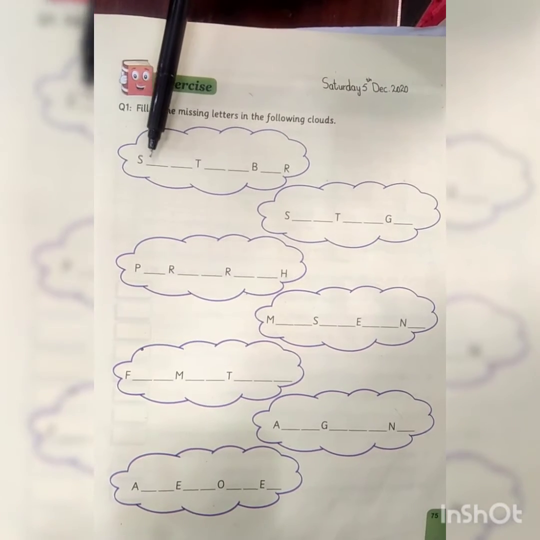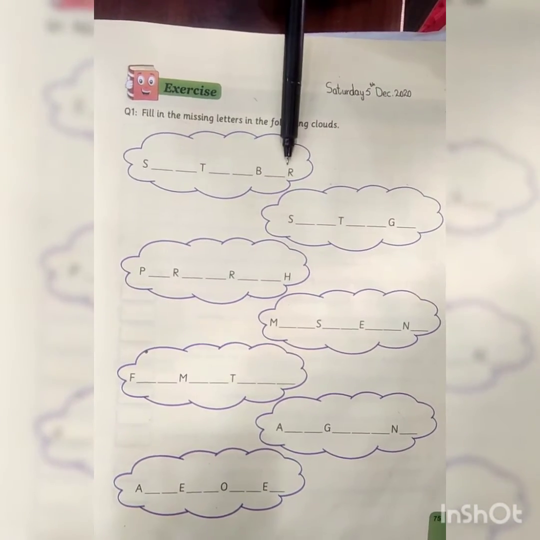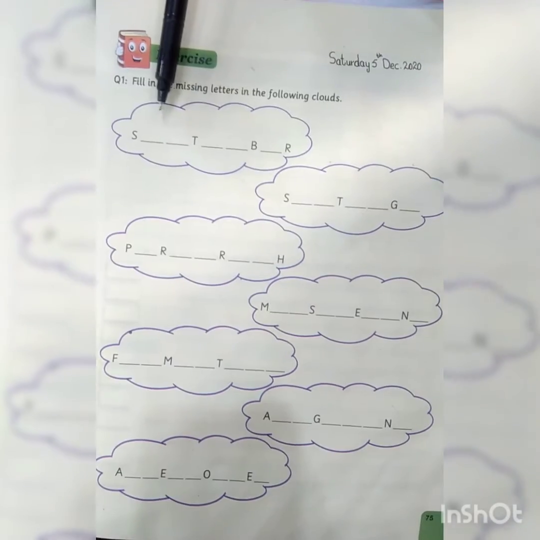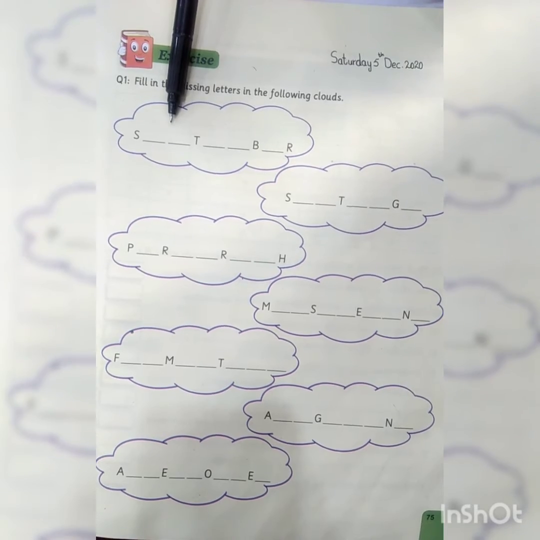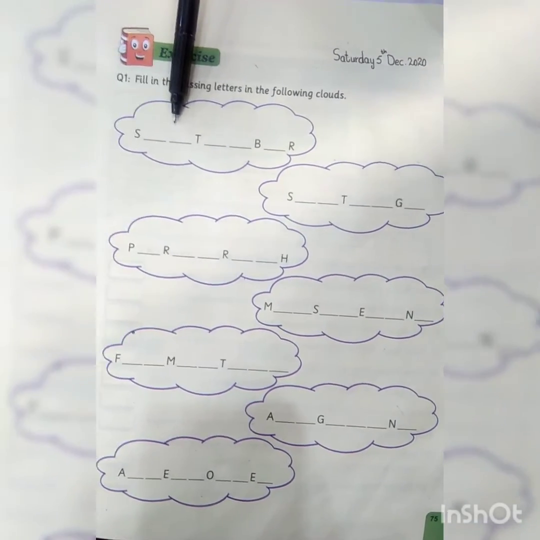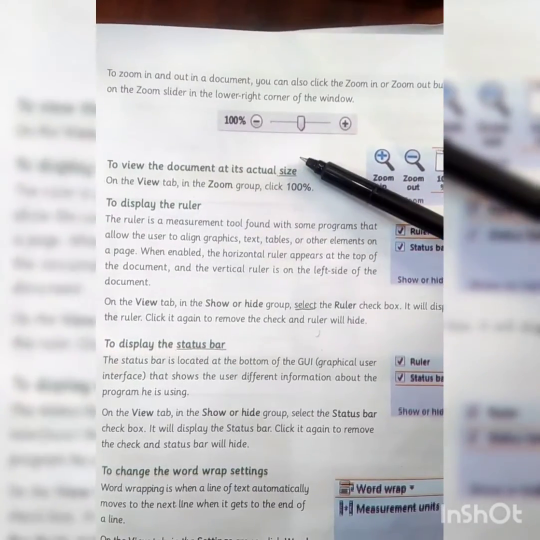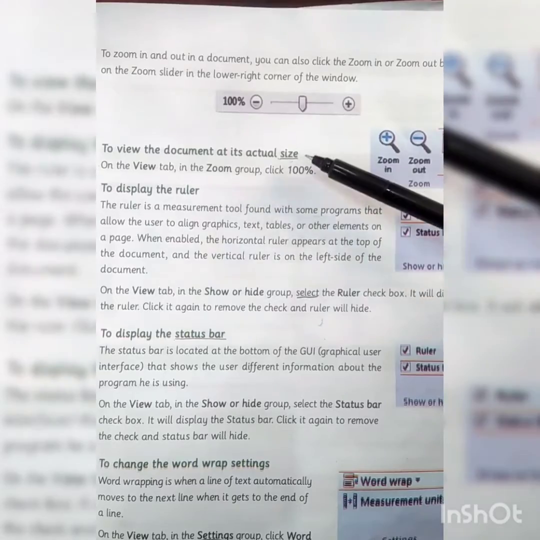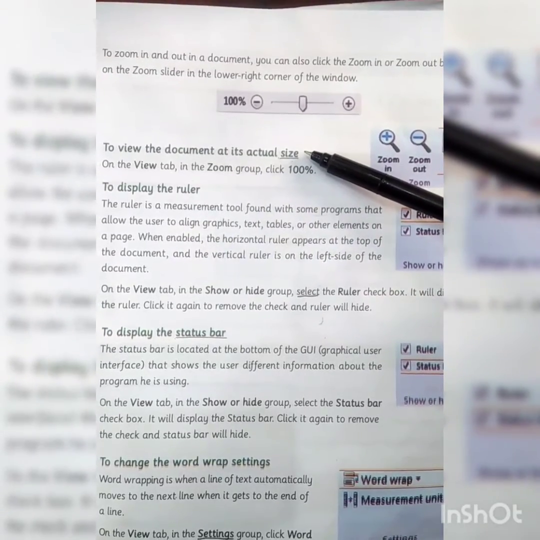In the first cloud, we have the word starting from S. And this word contains 1, 2, 3, 4, 5, 6, 7, 8, 9. This word is 9 letters. So dear student, this word contains 9 letters. Let's start finding this word in our reading. Students, in this page we have underlined some words starting from S. Number 1 is size.